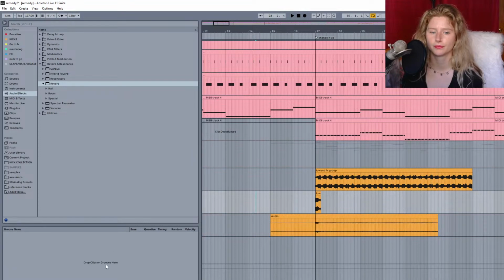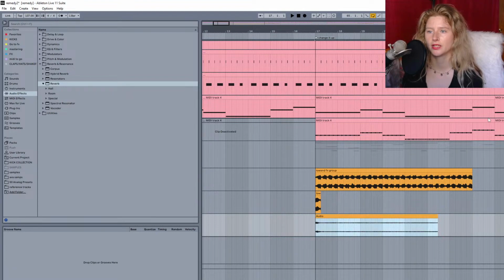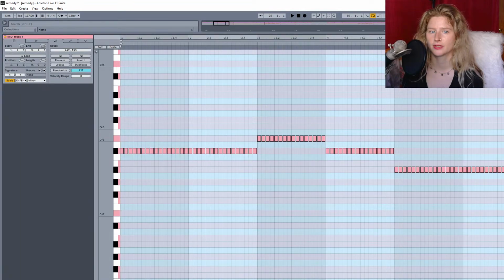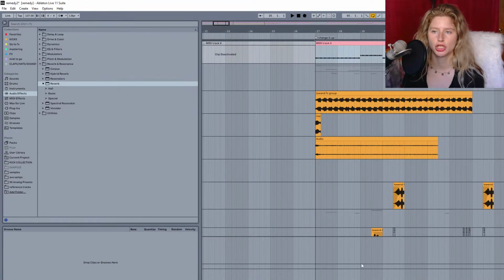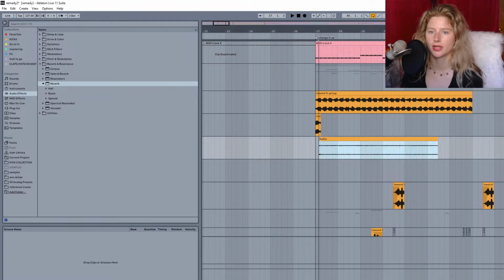Also, if we want to reuse this note and know what note it is, it's always great to check. We pulled it from the end here. That says E sharp. So when we export it, we can label it E sharp.